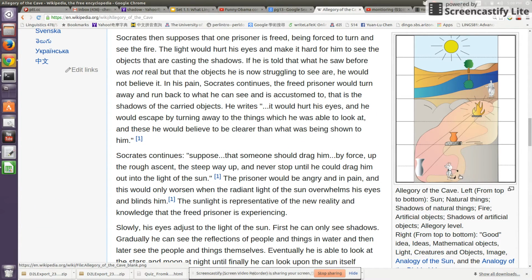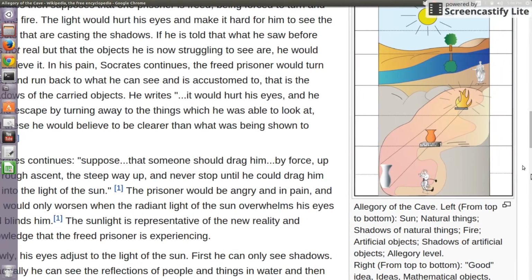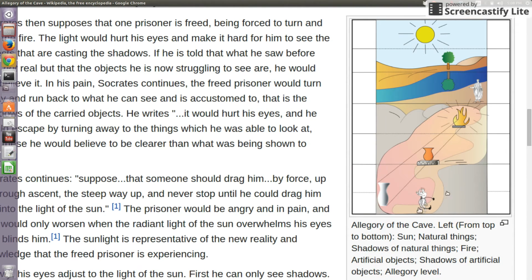Okay, so there's a prisoner in the cave, and he is chained. Can I make this bigger? And all he can see is the shadows of the real object. So we have a vase here, we have a human being here, with fire here. The prisoner cannot see these objects directly.